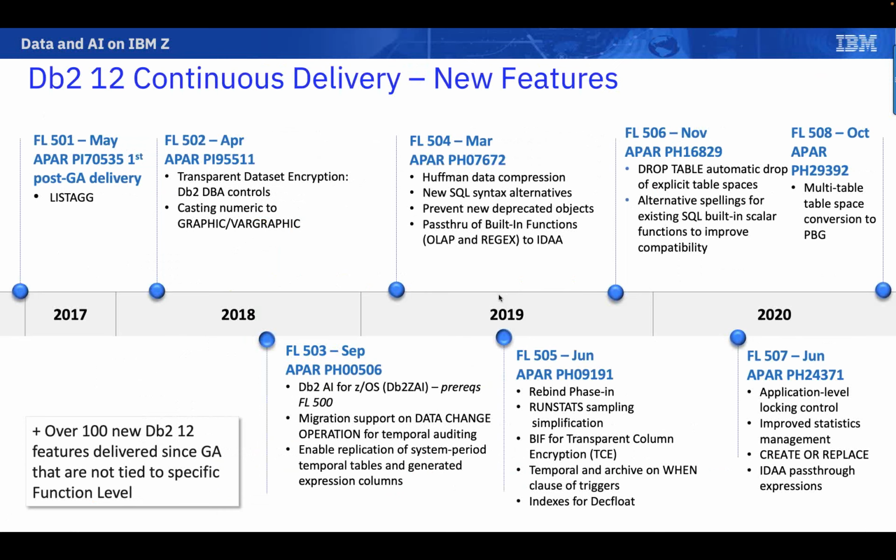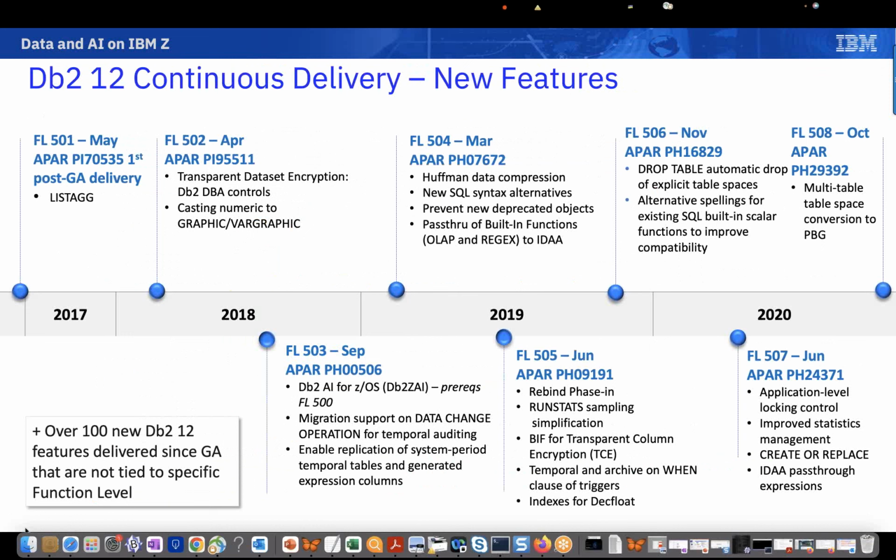Now, GA was from prior to that time, and when we started the version 12 journey, we didn't have continuous delivery. It was just shortly before general availability that we came up with the continuous delivery process and everything that we were going to do. So the first function level came out in 2017, and then the last one I'll show on the next chart